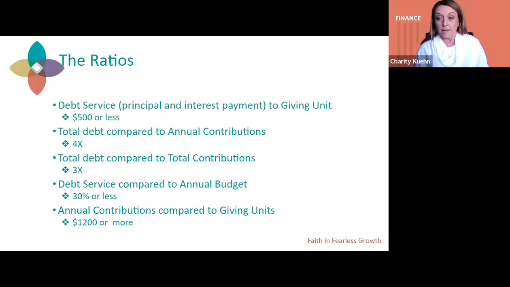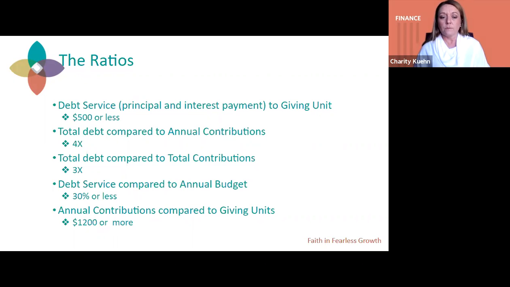How much of a loan can we get? Well, this is my favorite one because it's the easiest for you to really go out there and say, this is a good benchmark. 4 times your annual giving is most likely going to be your top loan amount. Now, there's all kinds of exceptions. If you have a great big campaign, you have a good pile of cash that you're putting in on your building project, so your debt to the project cost is going to be very low. So there's some things that can change this, but it's still a good starting benchmark for you to determine how much you can borrow.